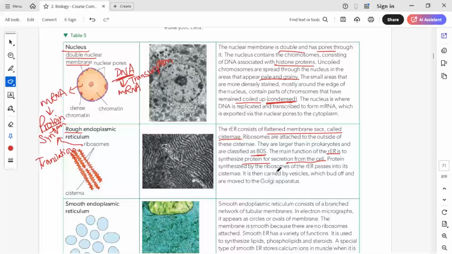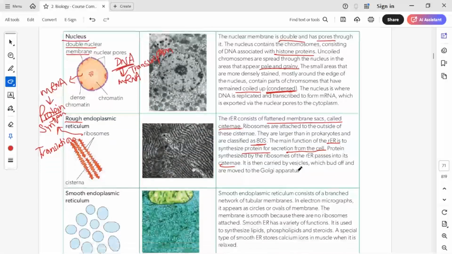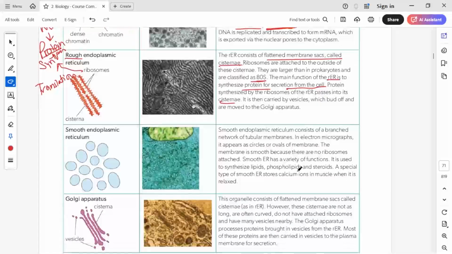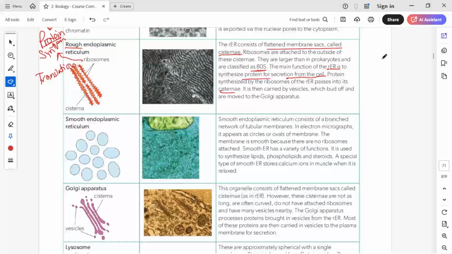So protein synthesized by ribosomes of rough endoplasmic reticulum passes to its cisternae. It is carried by vesicles, which bud off and move to the Golgi apparatus. So what does it do actually? First of all, it will be synthesized on the surface of rough endoplasmic reticulum. For example, if this is the endoplasmic reticulum cisternae, these are ribosomes attached on the surface. If this is mRNA which is coming to it, the protein will enter inside this particular endoplasmic reticulum,